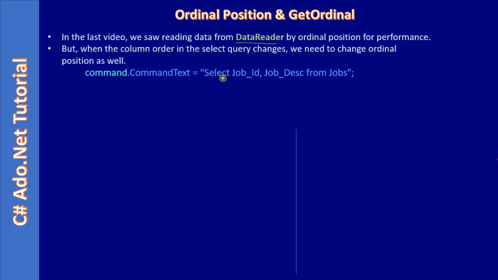Say for example, here in this command text, when we are using the ordinal position 0, that will refer to the job ID, and when you use 1, that will refer to the job description, right? But when the user changes the query, or in between here, if they insert a new column,